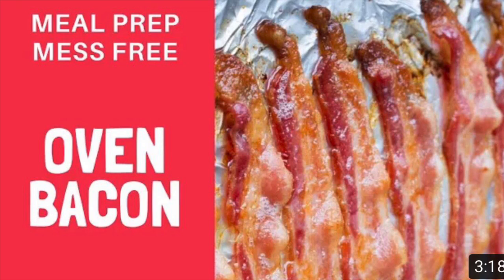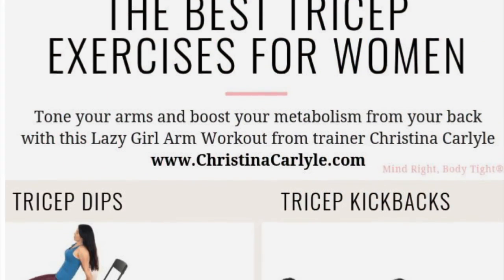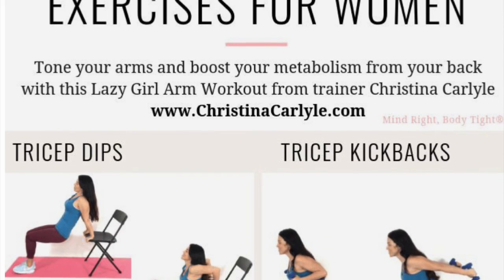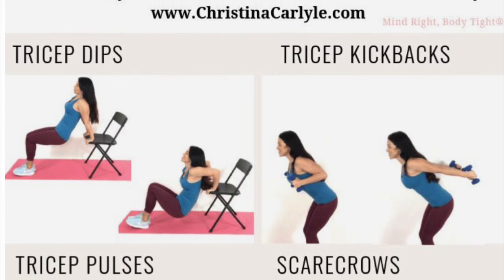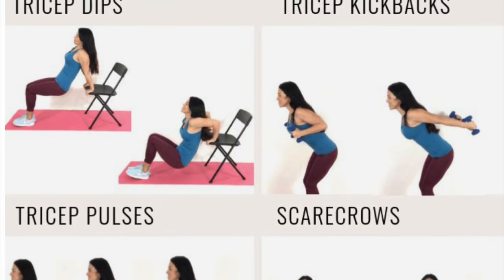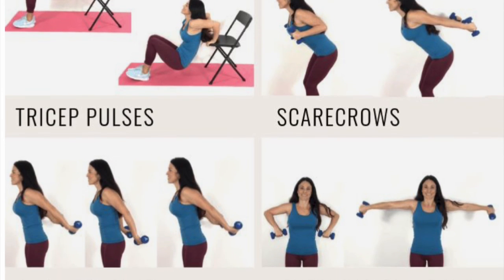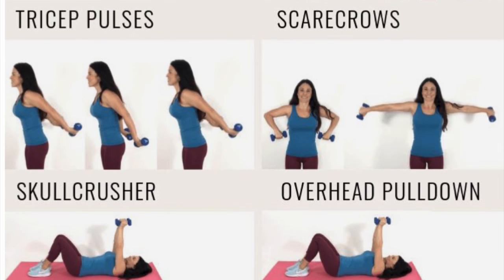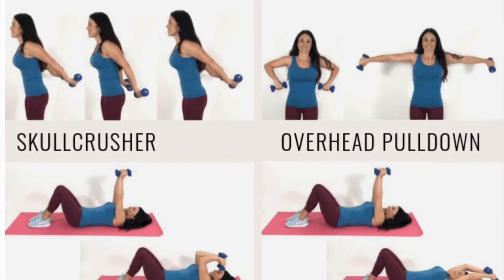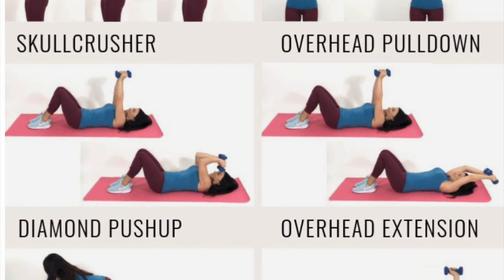And now I also want to add some tricep workouts. So this is not mine. This is Christina Carlisle. Just easy, lazy tricep workouts goes with my easy, lazy keto lifestyle. So I'm going to try the overhead extension and the diamond push-up. I bought some 8-pound weights at Walmart, and I'm just going to add those two to my daily routine. I may not get to it every day, but if I can make a habit right before I go to bed just to do some triceps, hopefully I can take away that